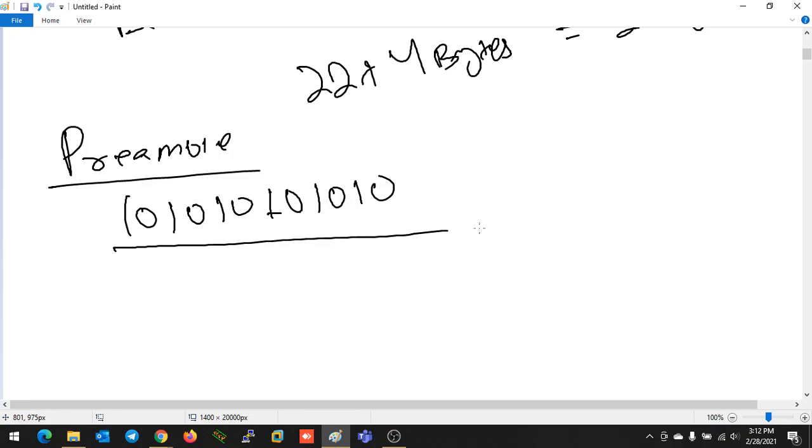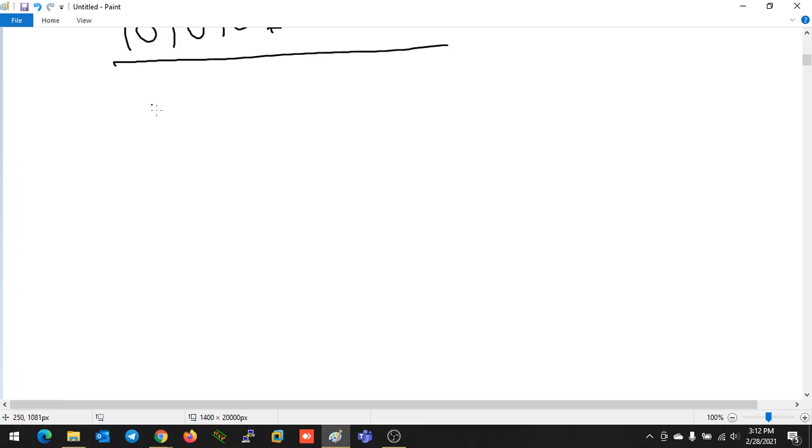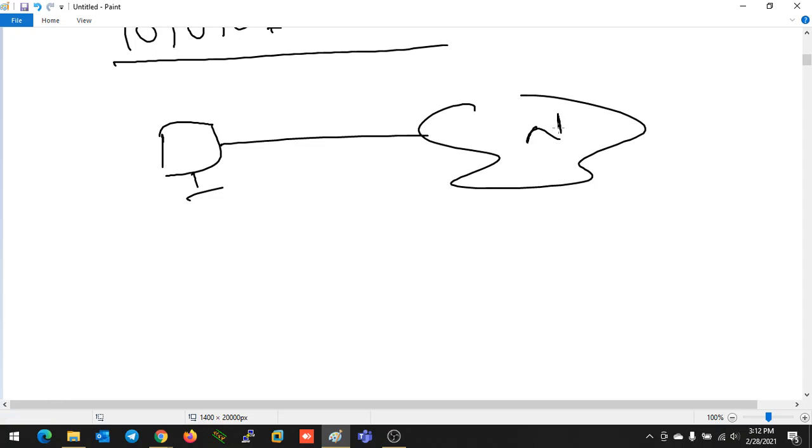So what is the use of this 10 10 10 10 bit? See, if I am going to talk about the communication, if my device is going to receive any kind of data now, it does not mean only that. For example, this is a device and this device is connected to a network, and this is another device. Device A is trying to communicate with device B and sending some messages or data. That does not mean that B is only receiving what A is sending. By default also, some kind of signals my device can receive.